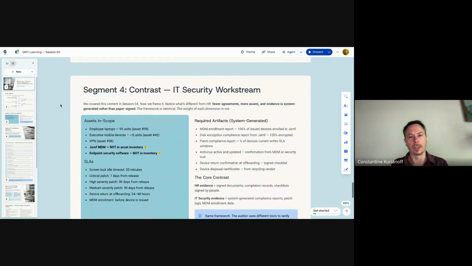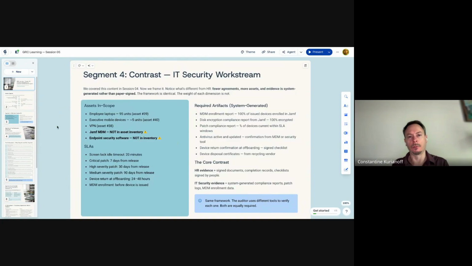And the first thing that we should be able to uncover with our imaginary organization, Orbis, is that when we build the IT security or personal security workstream dashboard, we will see that they are not using any centralized device management system. It's not there.